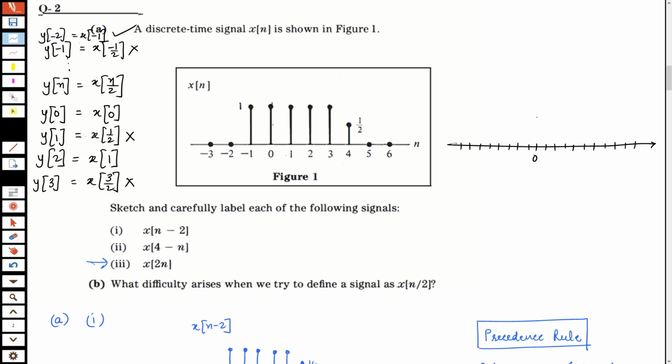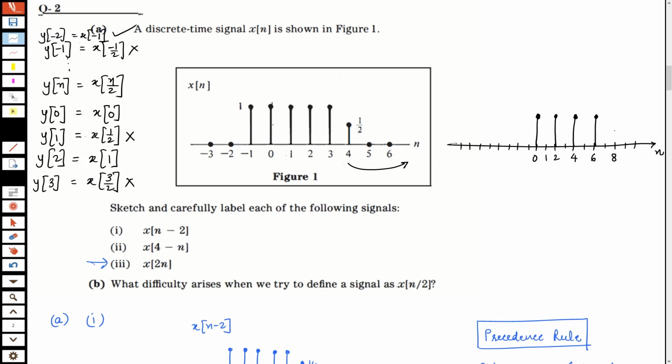So if I was trying to sketch this kind of a signal, what would happen? y0 is x0, all right. y1 we don't have, so I'm going to leave it. y2 is x1, which is this. Again, for n equal to 3, I don't have any value to plug in there. y4 is the same as x2. y6 is the same as x3, okay,